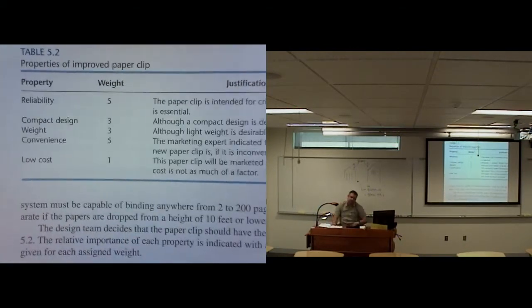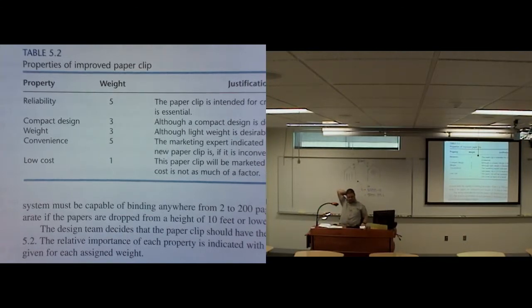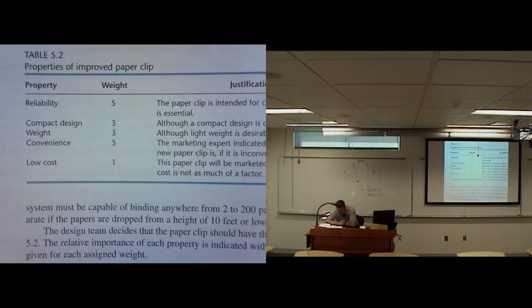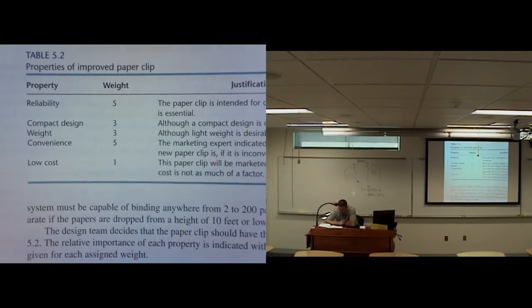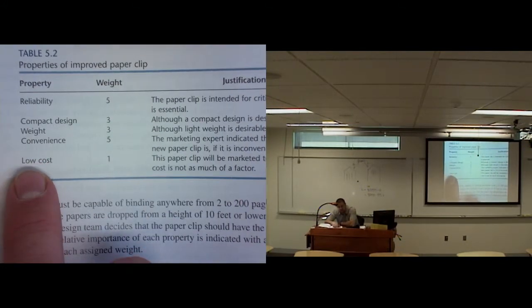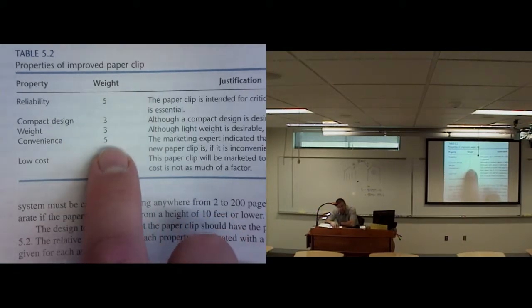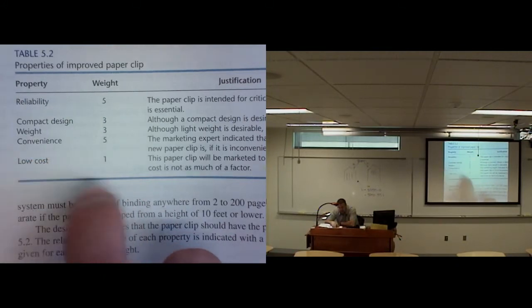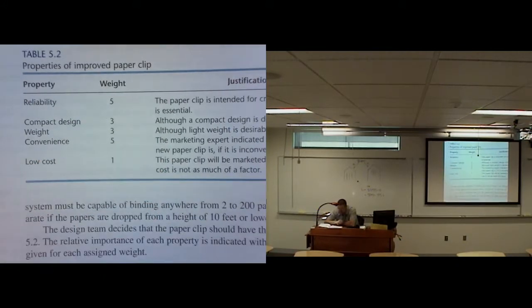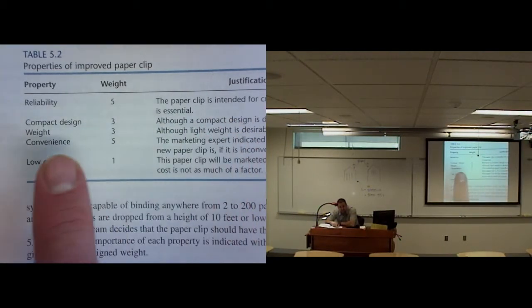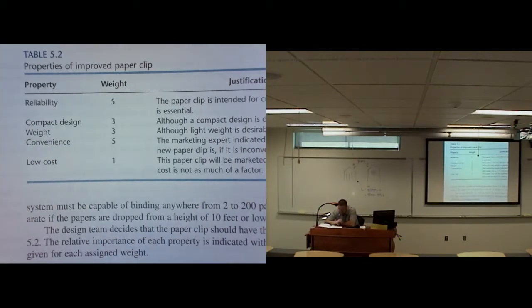So of course, most paper clips you can buy a box of 500 for $1. We're talking about 1 paper clip per $1, so low cost is not that much of a big deal. Different projects will have different properties that you're going to need to address. So you need to understand those before you really get started. And you also need to understand their relative importance. Can these things change? Absolutely. During the process, you can come back and add things. You can change the importance of things if you think it needs to be changed. But you do need to justify. You need to give some reason for why you have said that this is an important thing and why it's so important. And they do that here.